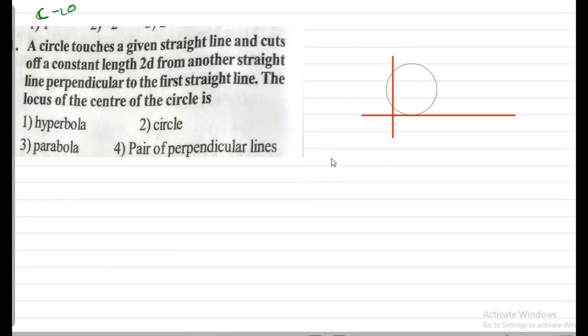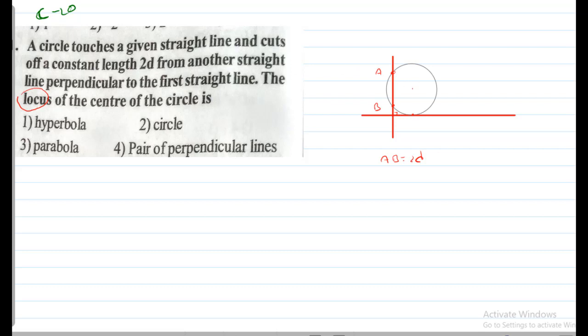Yeah, okay students, so this is the actual diagram for the problem. So these two are two perpendicular lines, so they are not coordinate axes, take care of that, only two perpendicular lines. So the circle is touching one perpendicular line, means one of the lines is tangent to the circle, another is secant. So for example, this line intersects the second line at A and B, given that AB equal to 2d units. So this is fixed, AB length is fixed, such a way that there are infinitely many circles. We want to find the locus of the center of such circles.